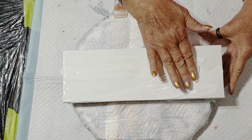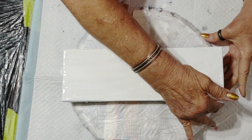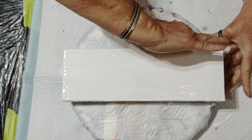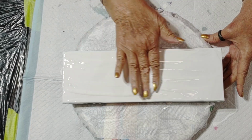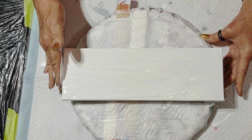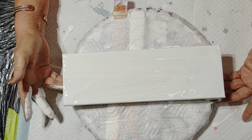And I have way too much on here, which is not abnormal. I tend to do that a lot. So anyway, here we go. Let me just tilt this,